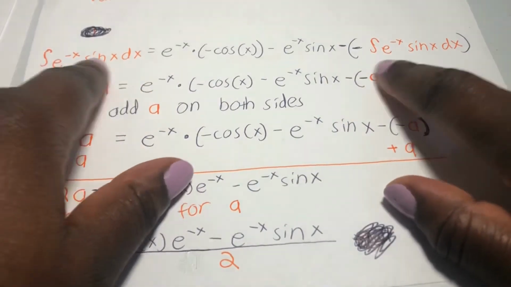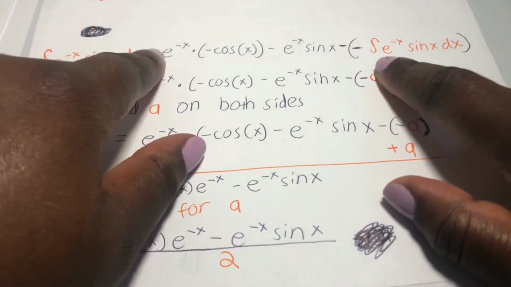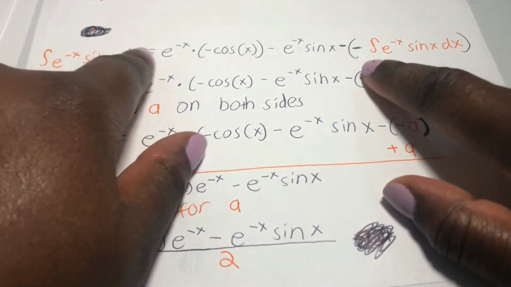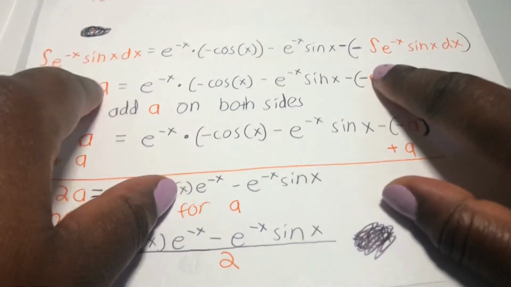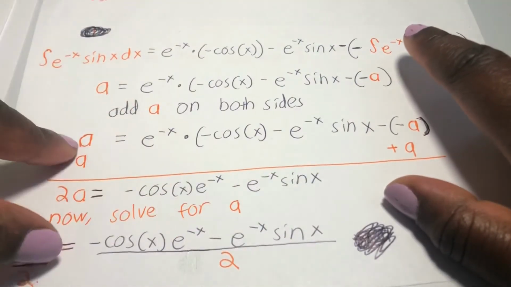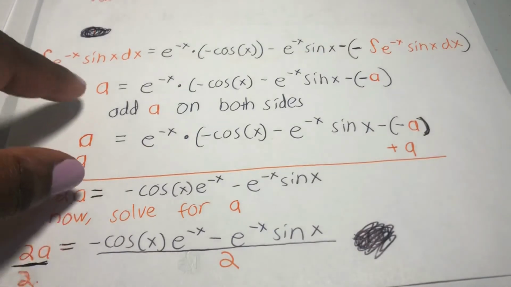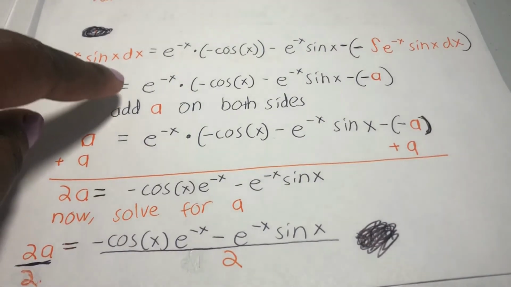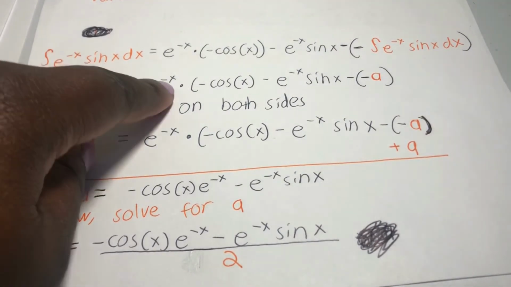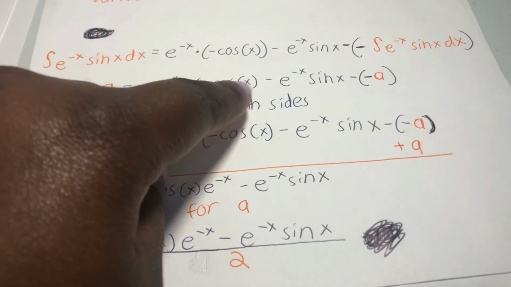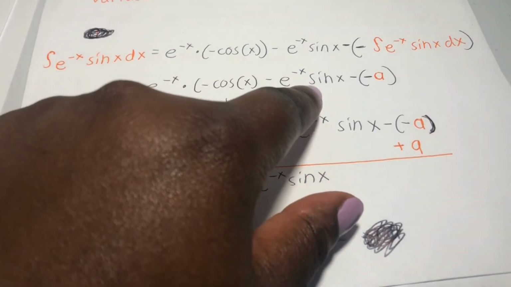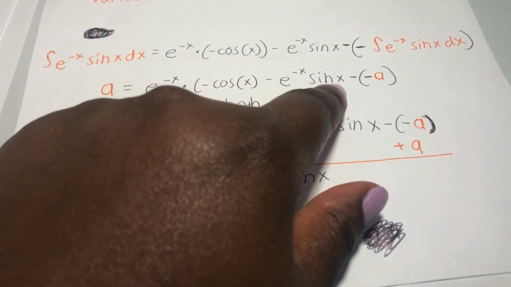Note that these two are equal. This is the same thing, and we're going to make these two equivalent to a and solve this algebraically from this moment on. So a is equal to e to the negative x times cosine of x minus e to the negative x sine of x minus negative